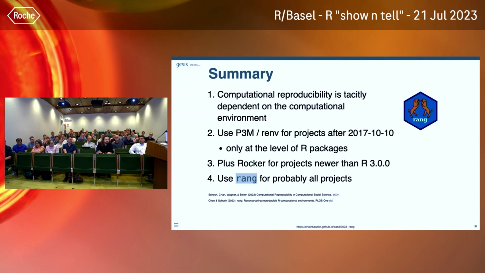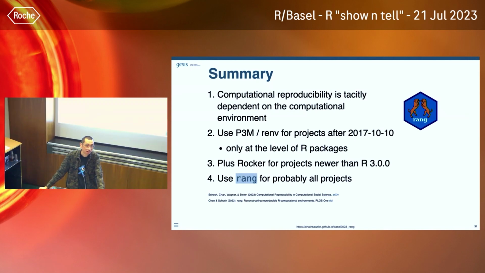Actually I have questions. First, you mentioned the interoperability with RAMP. Could you elaborate on that? And also, does that mean that you are recommending not to use RAMP anymore? The interoperability has three aspects, I would say. First, we just use renv to do the project scanning. Second, we support the lock file: we can parse the lock file from renv, and then also use the same resolve to get all the period-appropriate versions of